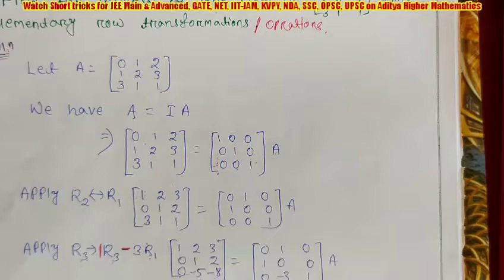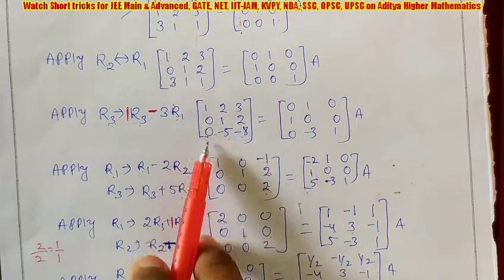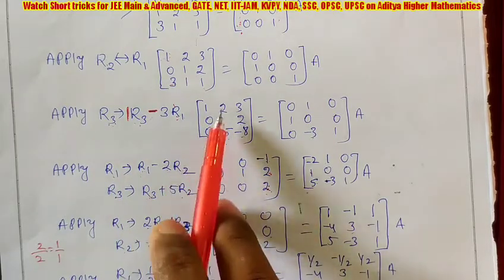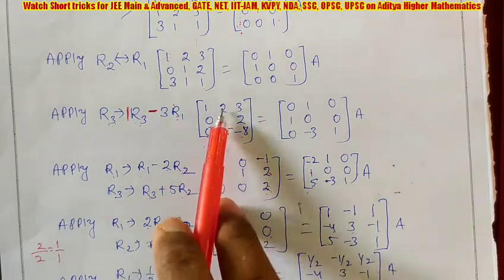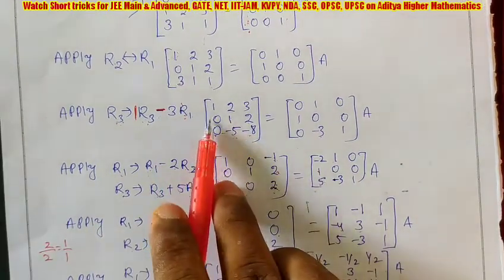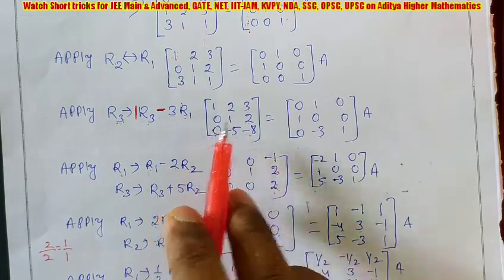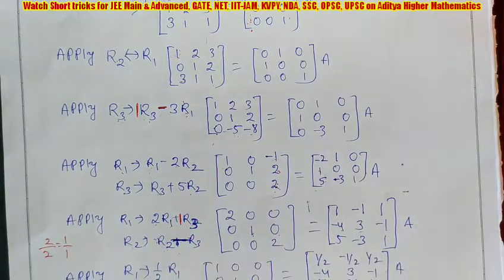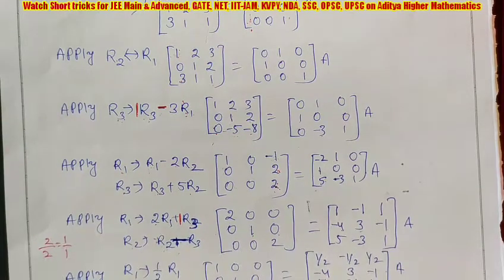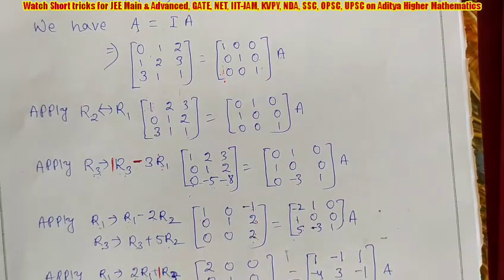What is that special case? When you are doing elementary computation, here after applying the first column 0, we got non-zero in all elements of the second column. But in the second question, when we apply the first elementary row operation to make two zeros in the first column, at the same time we will get 1, 0 in the second column. Then for such questions, what is the procedure you have to follow? I will discuss this.